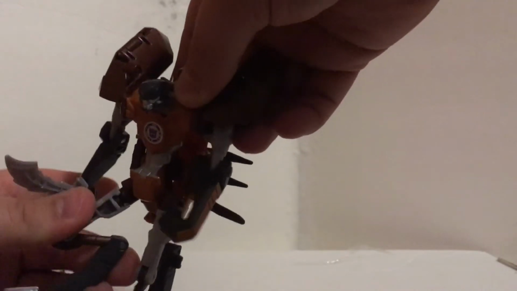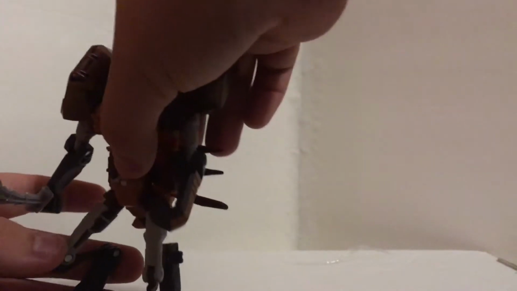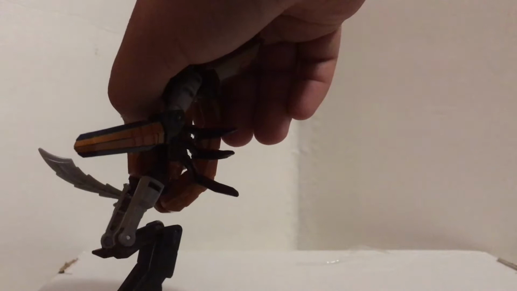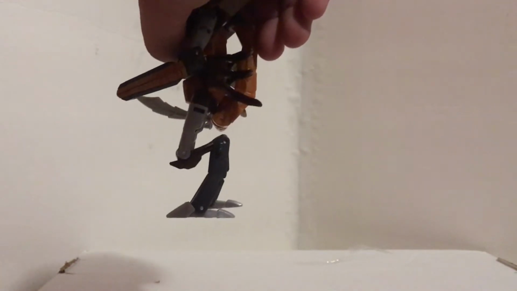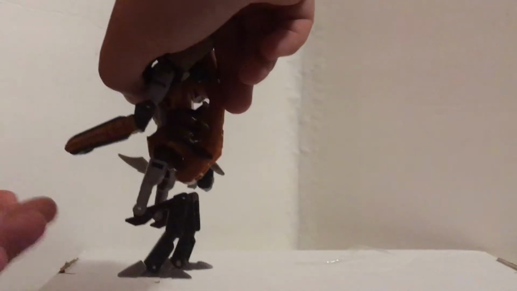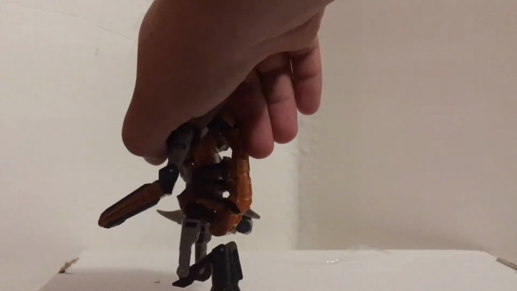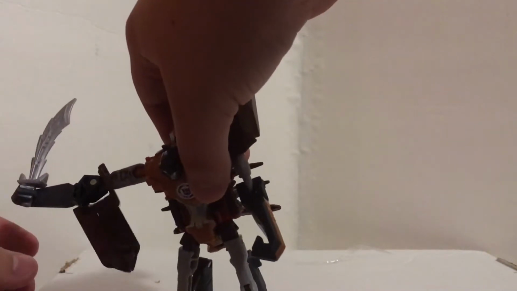Ball joint at the hip. Thigh swivel. No real knee bend, actually. After you get past the thigh swivel, there's really no more articulation, because most of the articulation that goes into this keeps this thing from falling down. All you're going to get out of the legs is the thigh and the hip, and that really doesn't do much. The arms really are hindered, and when you do move this, yeah, the arm...